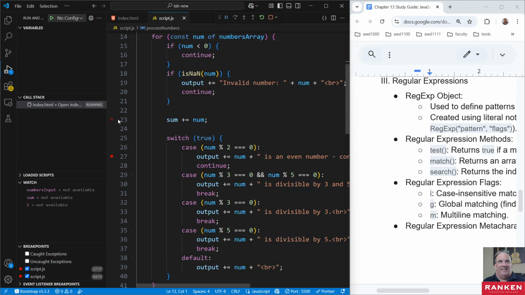If you're looking at a lot of things, be ready. It'll stop at every breakpoint. So sometimes, if it's going into places you don't want to be, just get rid of your breakpoint. You just click it and get rid of it. So here